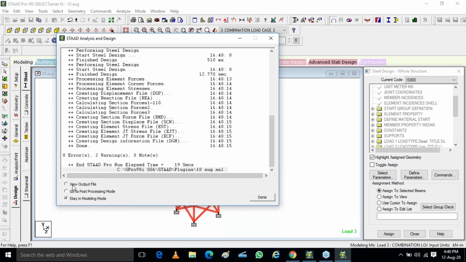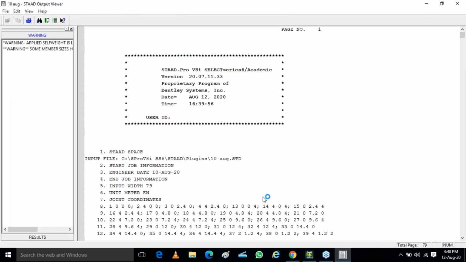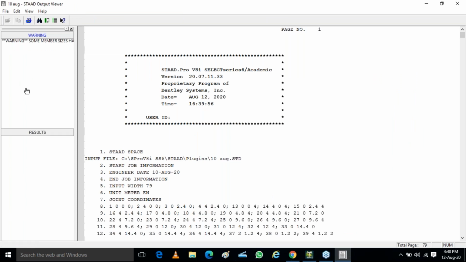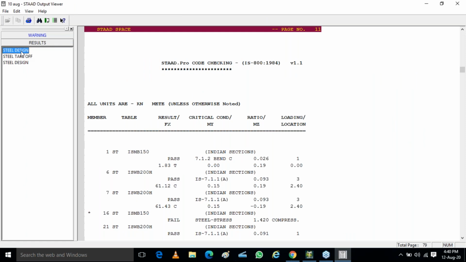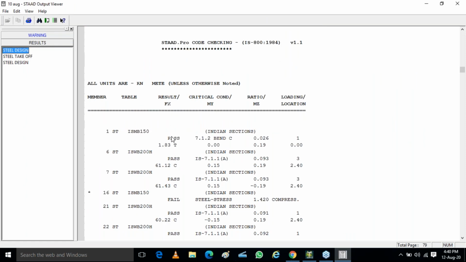Okay, now I'll go to my output file. Now I'll just go to my results, design, steel design. Can you see this? We have applied code check to check the member is passing or failing.